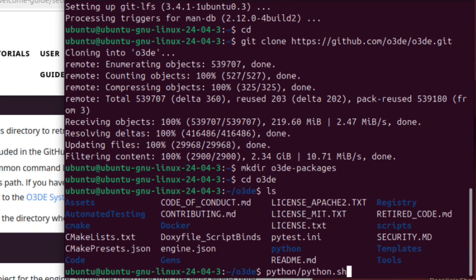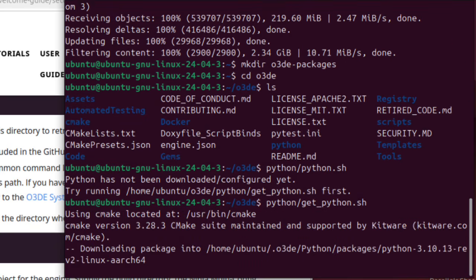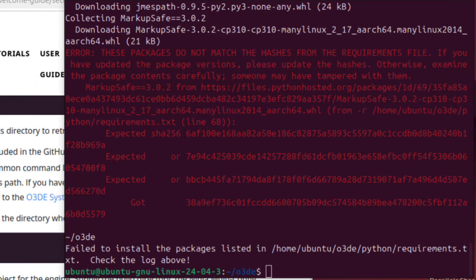python/get_python.sh. Whoops. Okay, let's do it right. It says failed to install the packages, check the log above. But the log above is only complaining about hashes, and maybe our ARM hashes don't match the x86 hashes, and that's what it's complaining about. Let's keep going.